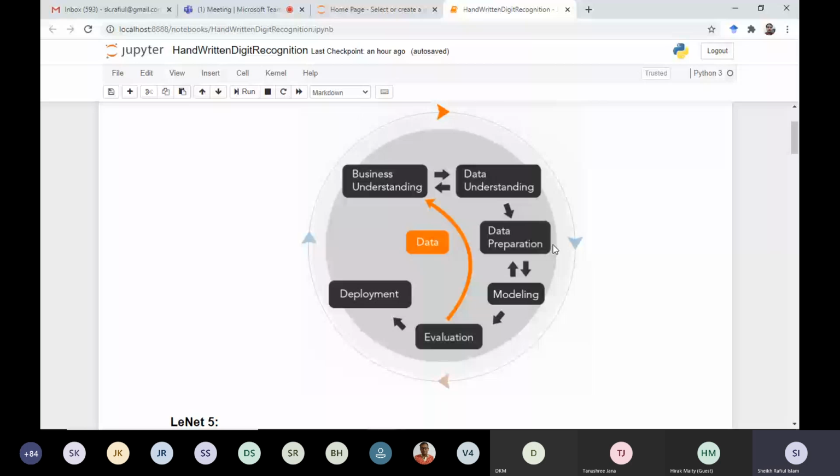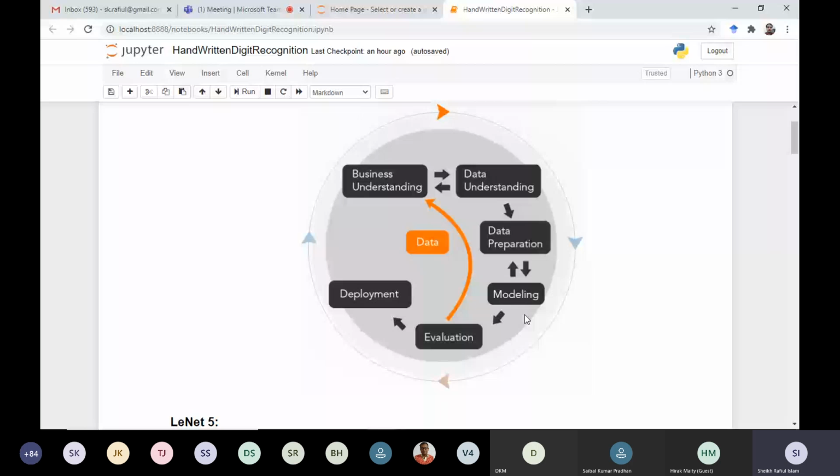So after the data is prepared, and please remember the most of the effort we need to provide for this data preparation stage. If you consider the whole life cycle as 100%, then near about 60% effort we need to put for data preparation. And after that, we will have the modeling portion. So mainly we will focus on this portion here, means today.